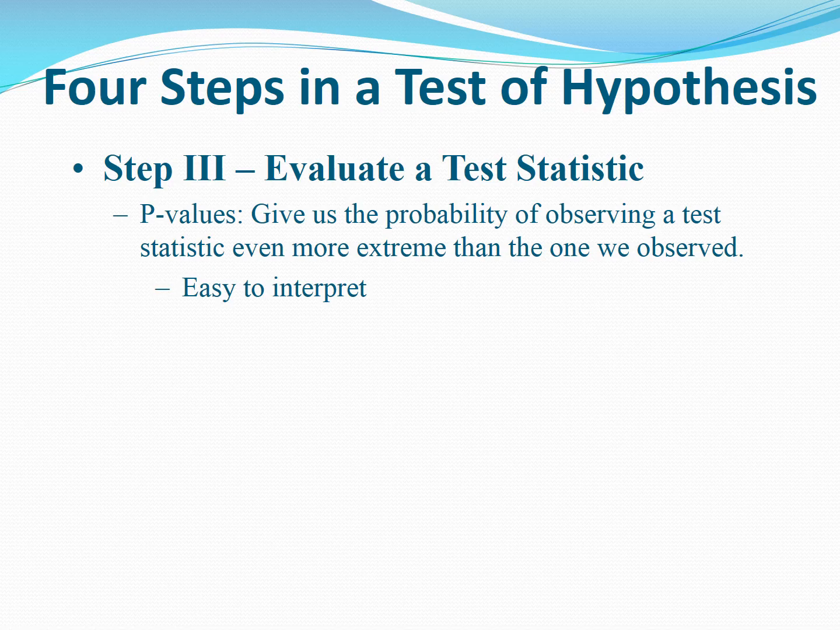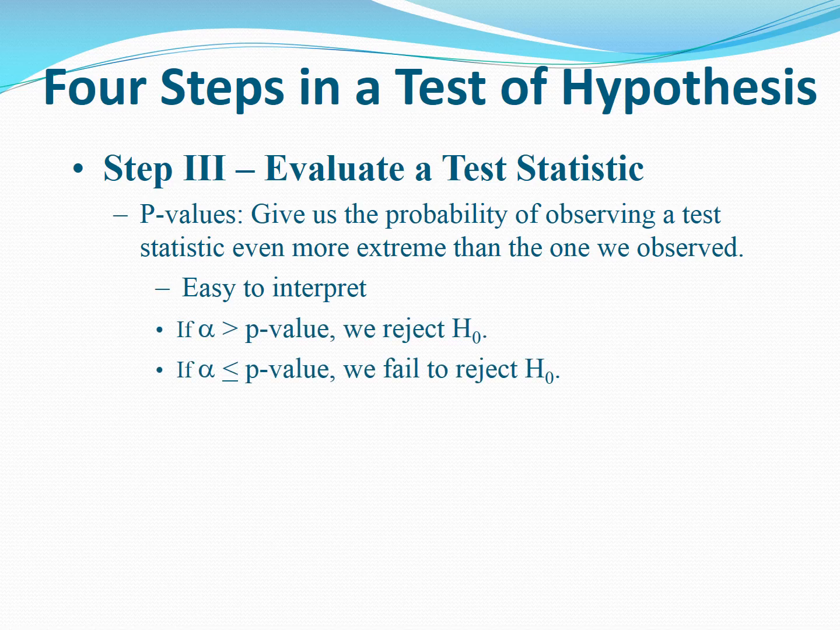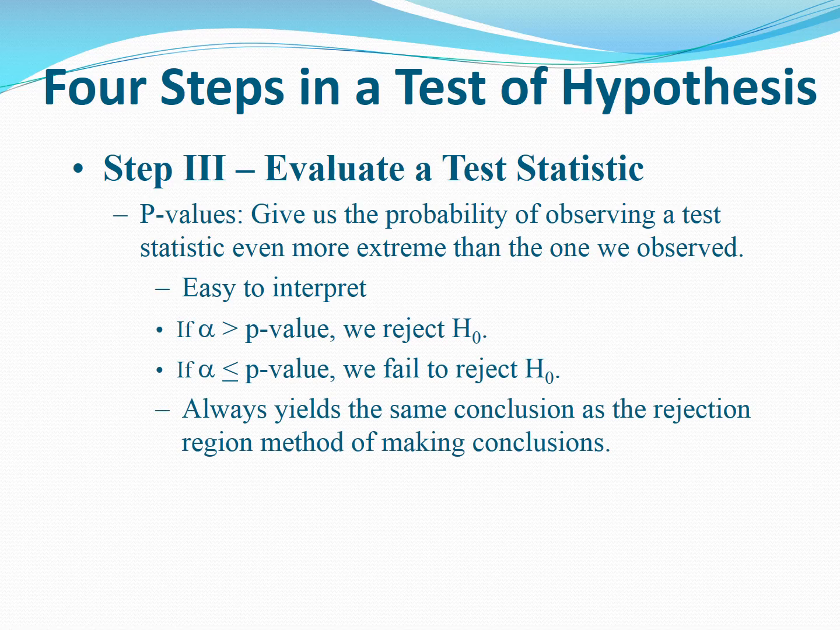One of the reasons we like p-values so much, there's actually a couple reasons, is that they're easy to interpret. Some of you may remember handy little ways of remembering this. If alpha is greater than the p-value, we can reject H0. If alpha is less than the p-value, we fail to reject. An easy way to remember it: if p is low,